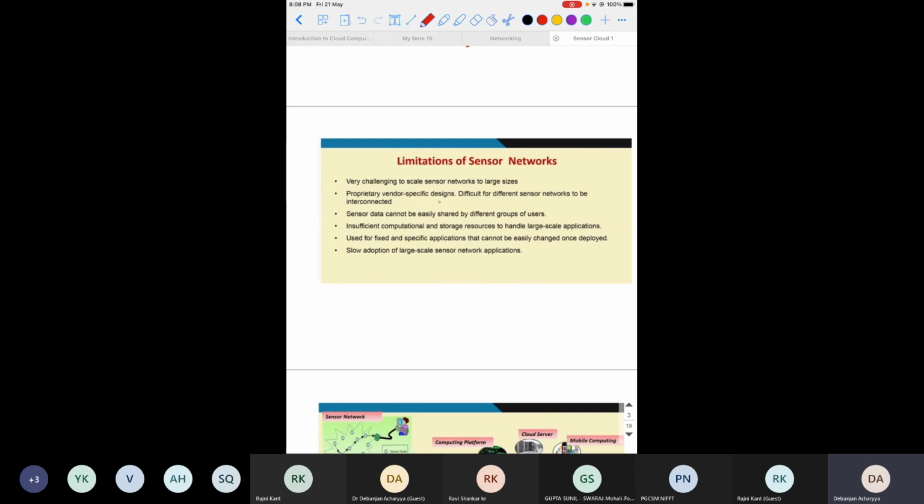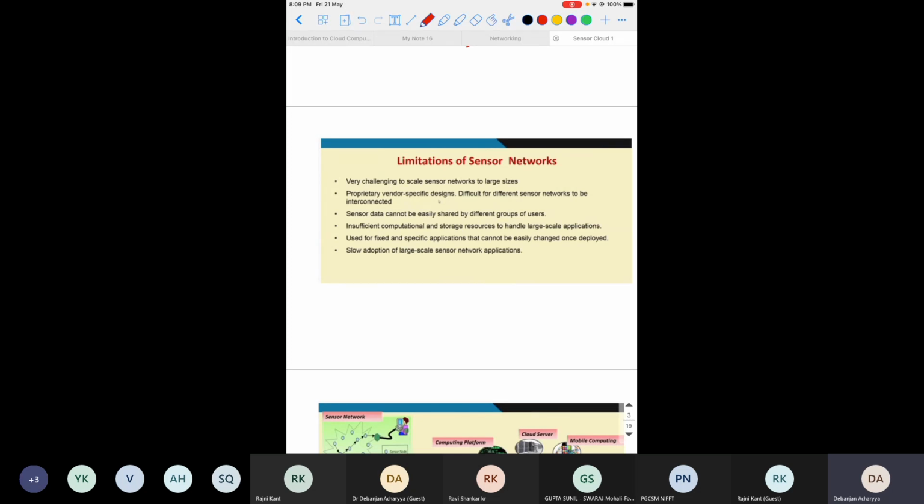And in some industry, if you want to scale up, for example, there is an industry which installed a wireless sensor network 20 years back. If that industry wants to scale up, they have to replace all the sensor nodes, the physical sensors, all these protocols, the whole system, because the technology has upgraded. So that is the major challenge of wireless sensor networks.